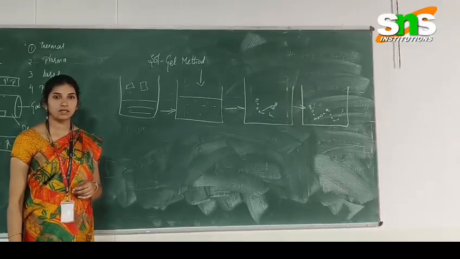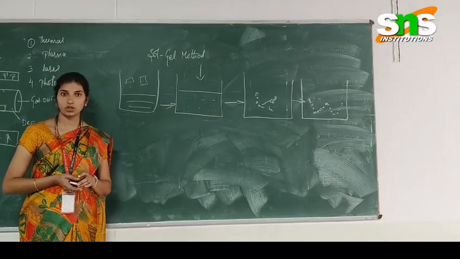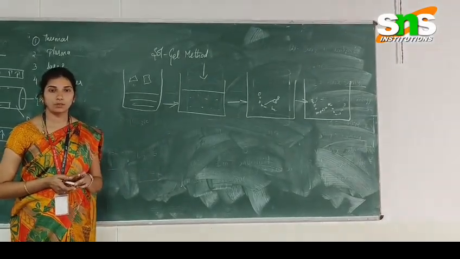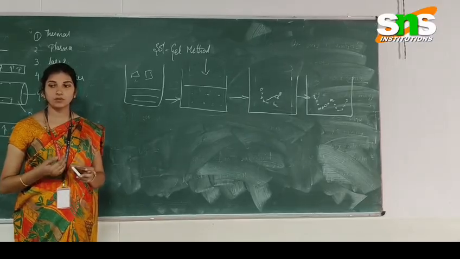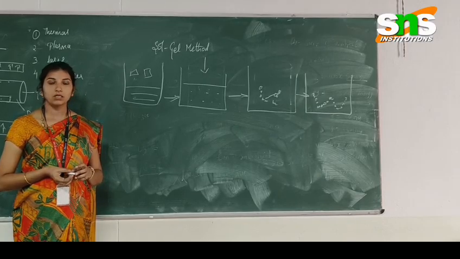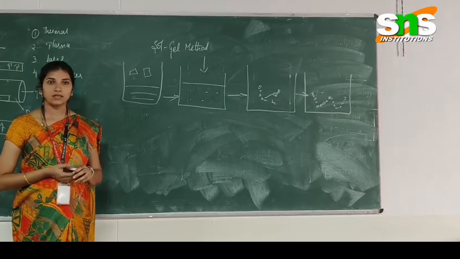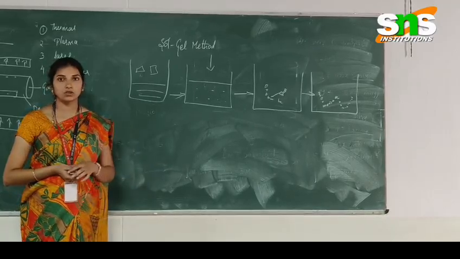In the previous sections, I have discussed how nanomaterials can be synthesized by the top-down and bottom-up methods. By the top-down and bottom-up methods, there are four types of synthesis methods: CVD, solvothermal, sol-gel method, and the laser ablation method. So, now we are taking the third method, the sol-gel method.